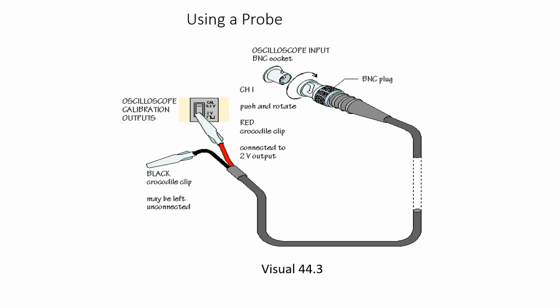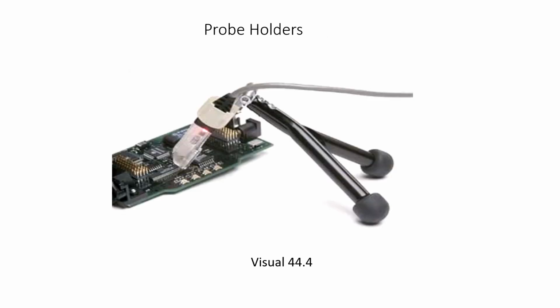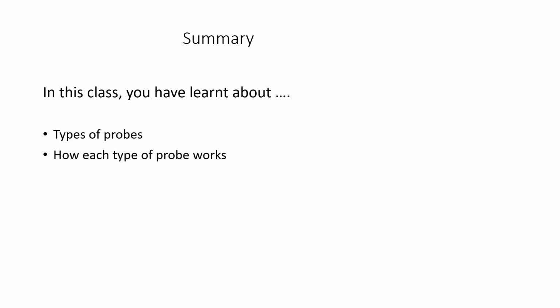This is a probe with red and black crocodile clips connected at one end and a BNC connector at the other end. This one is mostly used in the laboratories for conducting the practice. So these are the different types of tips. Depending upon the application and the requirement, we'll be using different types of tips of the probes. These are the probe holders. So here we have seen